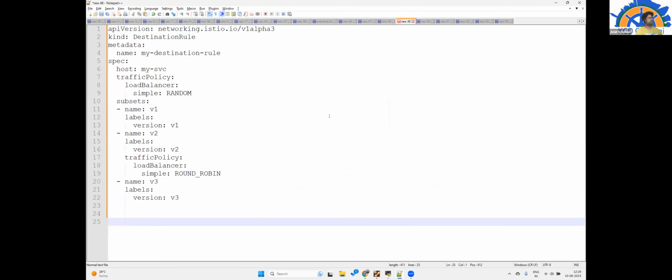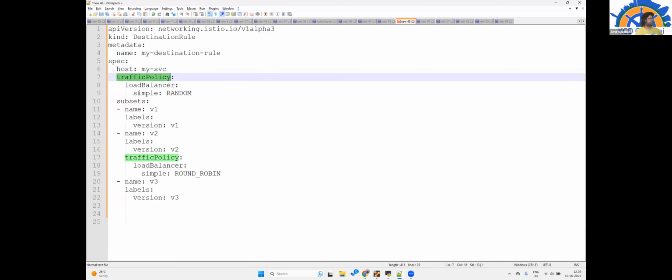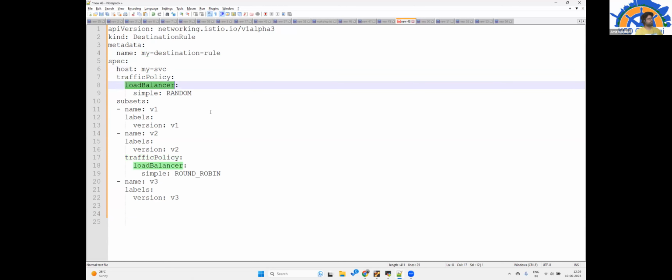Now let's talk about the destination rule. Virtual service is mostly for the initiator, like the client's Envoy proxy from where the request is going to get initiated. The virtual services are for those Envoy proxies. But what if the request reaches the destination? So what about that? This is the actual host we have configured, and this is the default traffic policy. This is simple load balancing, so whatever request is coming for that particular service will be load balanced randomly.